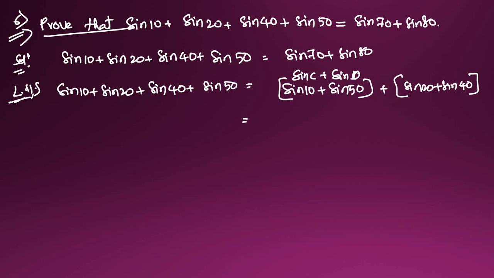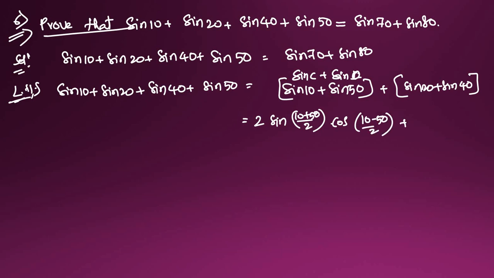sin C plus sin D is equal to 2 sin of (C plus D) by 2, that is (10 plus 50) divided by 2, into cos of (C minus D) by 2. So it will come as cos of (C plus D) minus cos of (C minus D) by, that is (10 minus 50) by 2, will come here. Plus